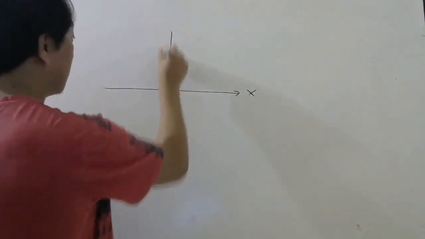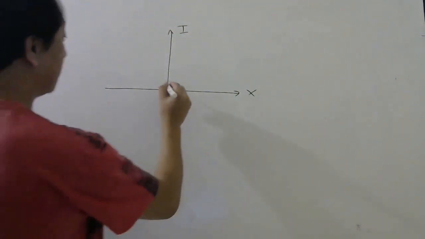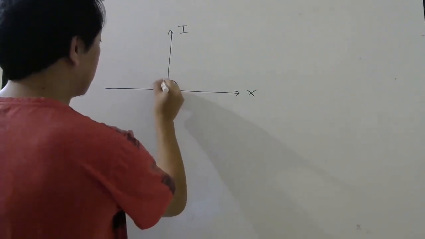The spiral has inner radius A, so they are not starting from 0 radius. It has some inner radius A and outer radius B. The spiral lies in the XY plane and a steady current I flows through the wire. The Z component of magnetic field at the center of the spiral. It will have only Z component. I'll explain. So imagine this is your x-axis and this is your y-axis. Your spiral looks something like this. So it starts with some radius and then it goes like this.